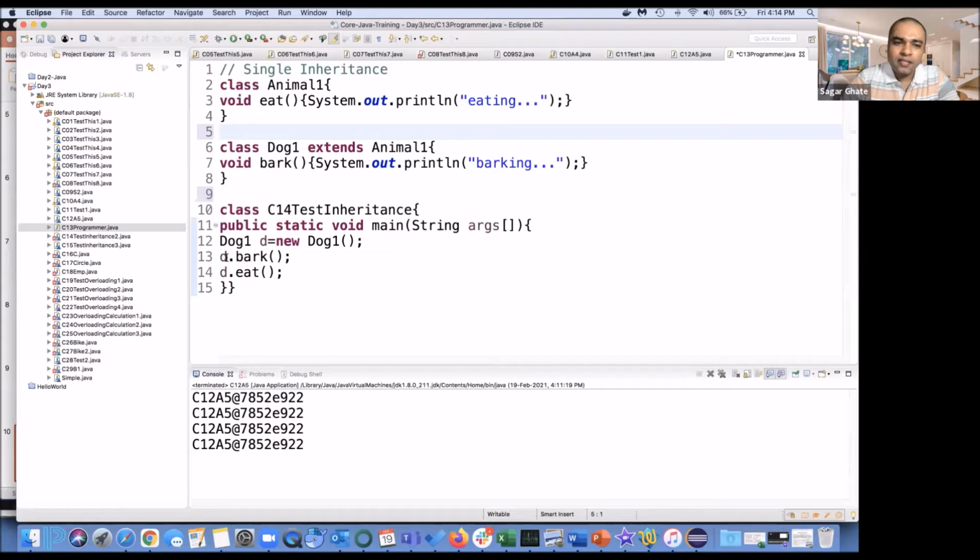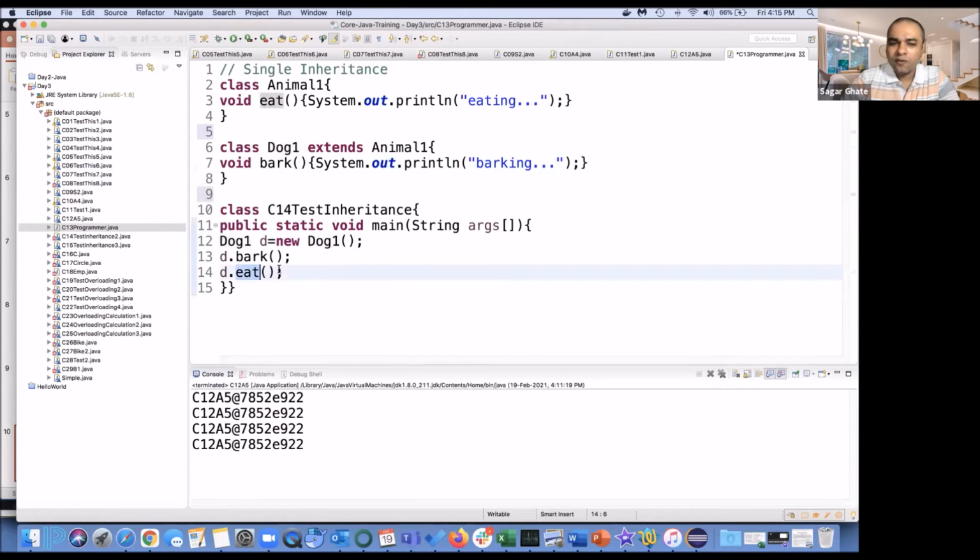So I can say d.bark. When I do d.bark, it means from the dog object only, I am going to call the function which is inside dog, and it is going to print barking. But if I do d.eat, can you see in my dog class any method with the name eat?